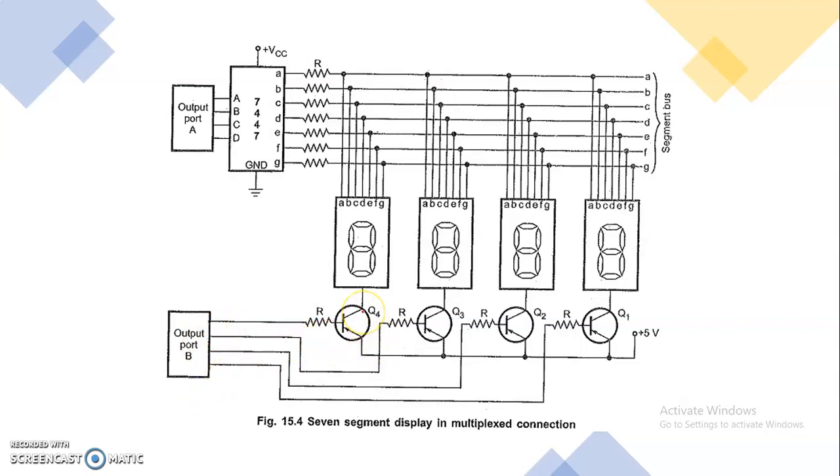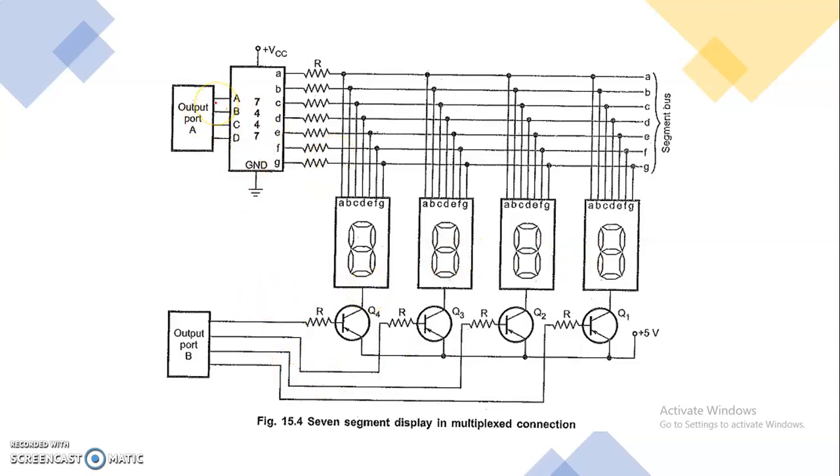Suppose the application is to display 0 to 9 using these 4 7-segment displays. 0 has to be displayed in the first 7-segment display, 1 at the second, 2 at the third and 3 at the fourth, and then it has to go back. 4 again at the first 7-segment display, 5 at the next 7-segment display, and so on. In that case,